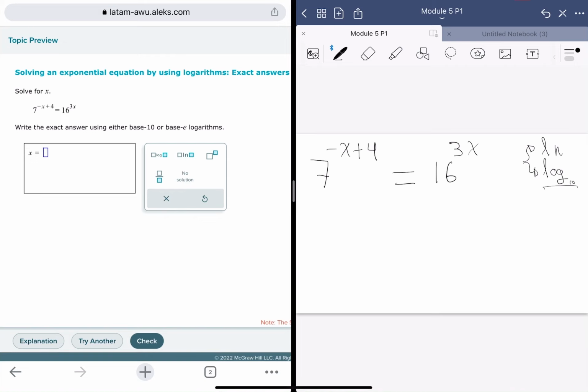So first thing, we apply a logarithm on both sides. So I'm going to have logarithm of 7 to the minus x plus 4 equals logarithm of 16 to the 3x. And why would we want to add a logarithm to our equation? Because the purpose of this is to apply our power rule. Power rule of logarithms